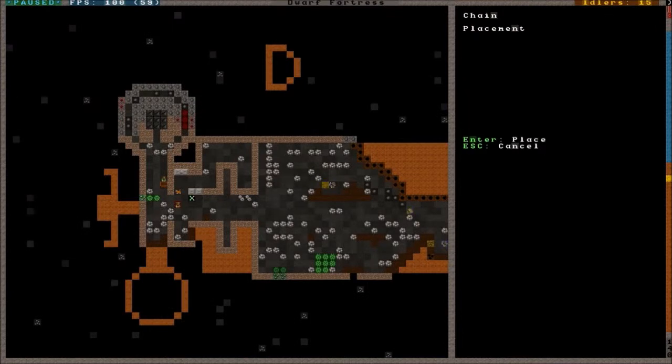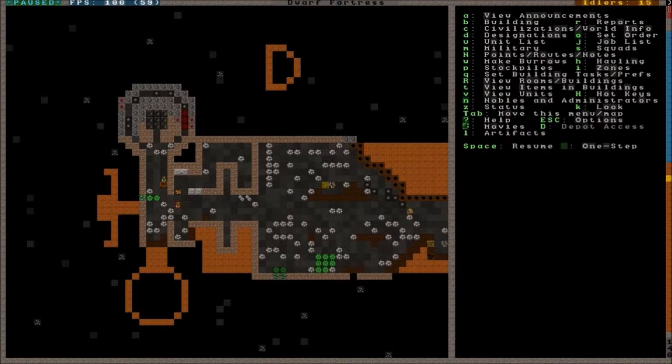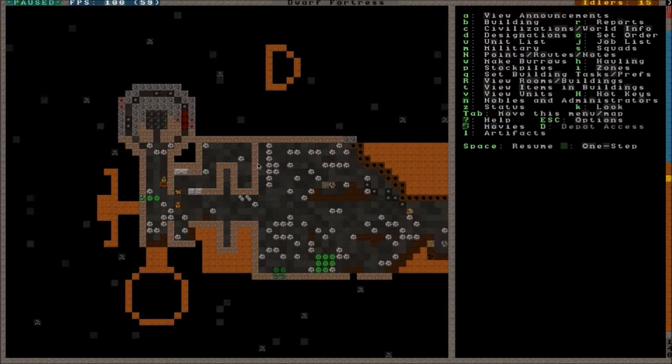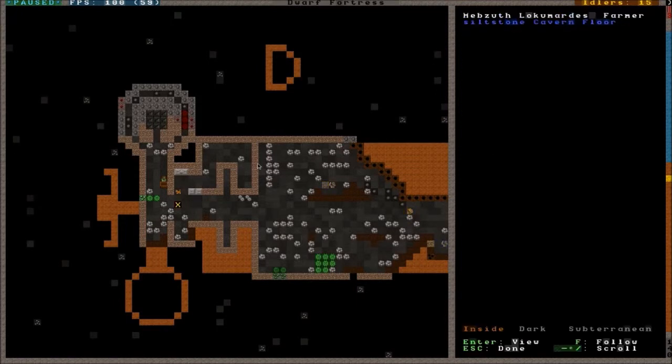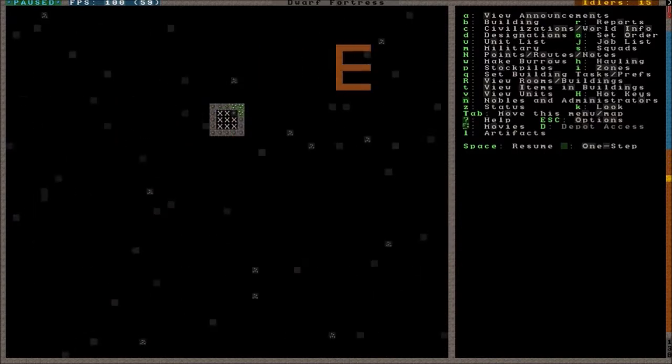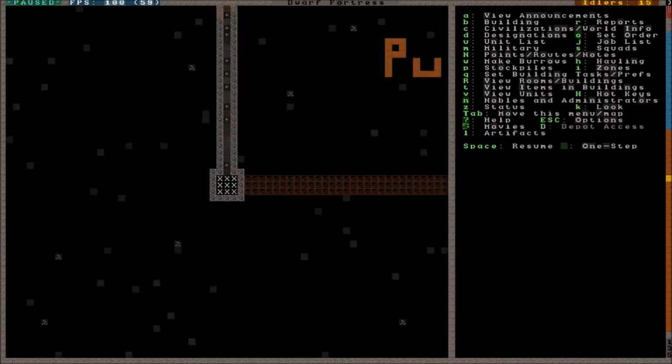And then conveniently positioned over here, this is one of our farmers who's also been given the butcher labour in Dwarf Therapist. The blue writing in the top right hand corner there is the current job, butcher an animal. And you can see flashing there, he's carrying an elephant. The dwarves are hunting the elephants up on the surface, and the butcher's going to bring it down. Now if we come down into the actual fortress,